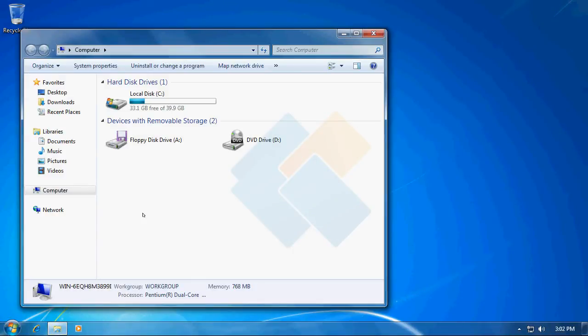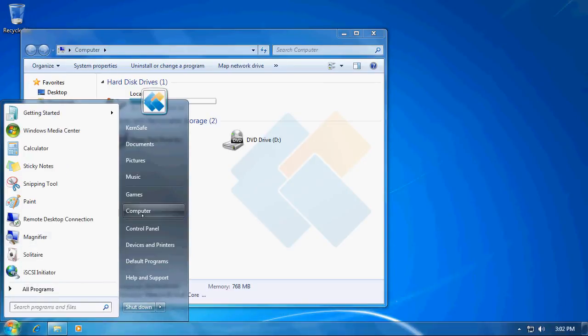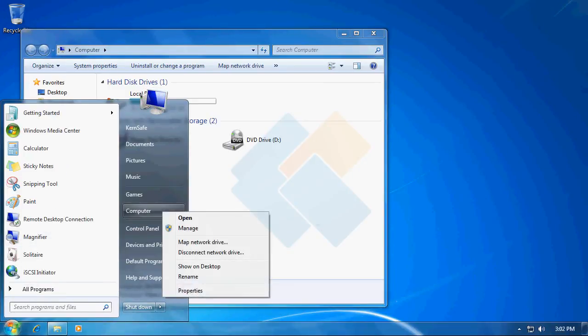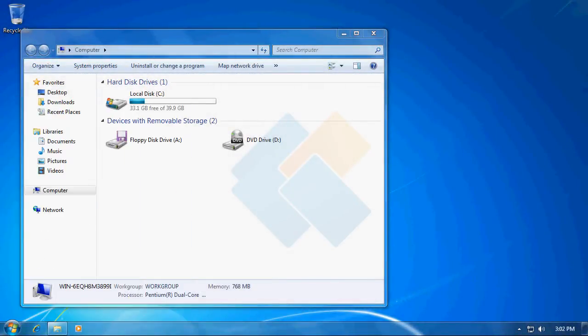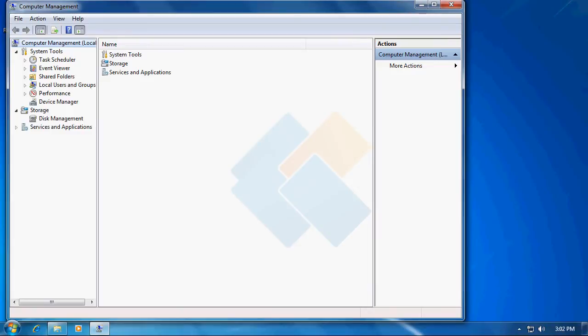But as we can see, it didn't appear in my computer because, same as a normal hard drive, it needs to be formatted before you use it. So please head to Disk Management. You can access it by clicking on the Start button, right clicking on My Computer and choosing Manage. After the Computer Management window appears, from the left side panel choose Disk Management